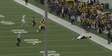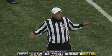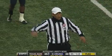After the play, unsportsmanlike, 83 on the defense. Unsportsmanlike, 74 on the offense. Stay offset,